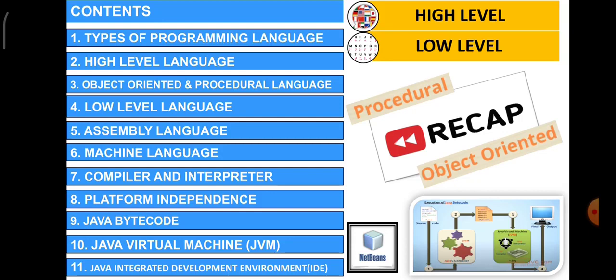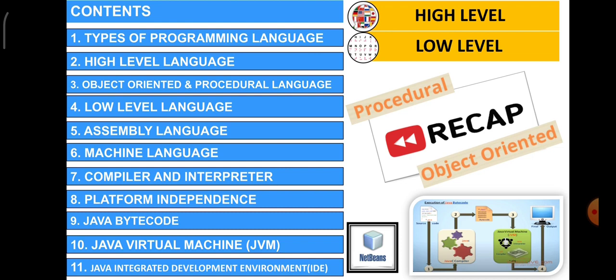And the integrated development environment NetBeans, I have shown you some of the programs, how to execute those programs, what are the different data types, and what do you mean by public, static, void, main, string, args. Every single keyword has been taught to you in detail.